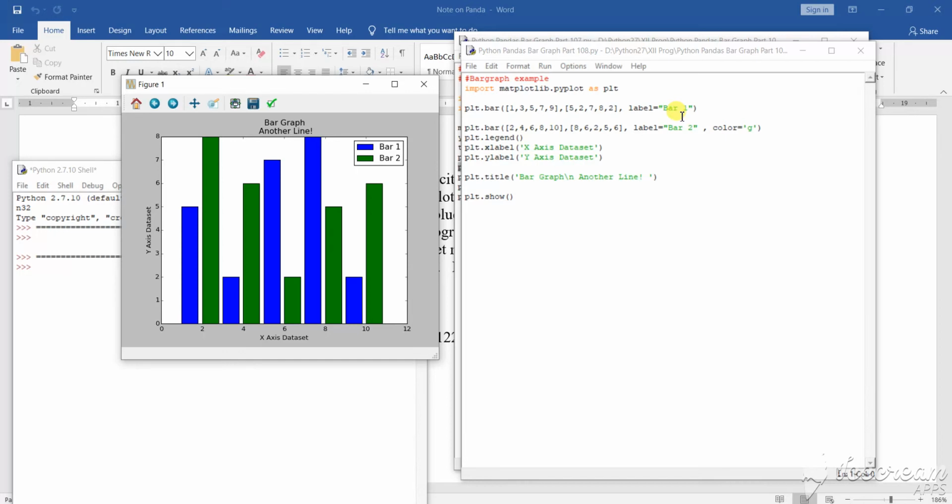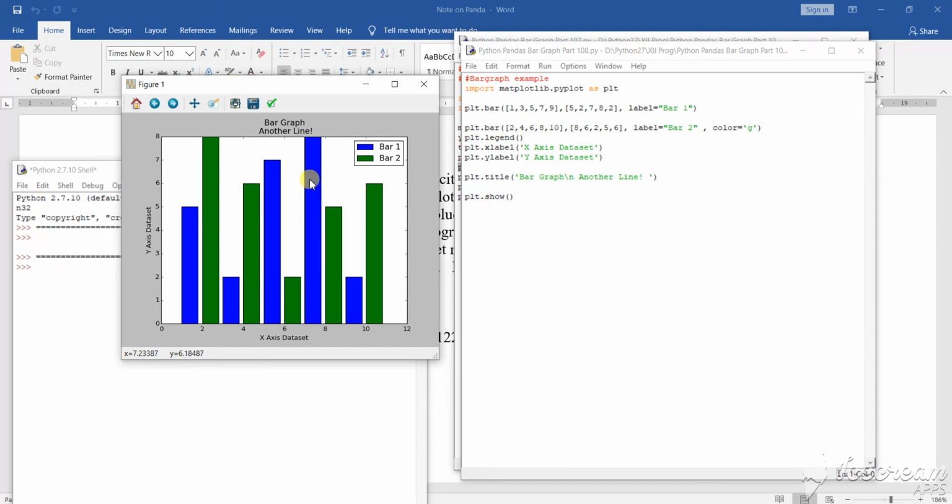So different types of labeling and this legend making I have shown you, and I am showing you also. You must remember all these things, and you must practice them very nicely. The second way of declaration: you see another group of series, two groups of series, and I have named it bar 2. Now the color: here I haven't specified any color, but here I have specified the color as g. That means by default it is going to take blue, as I have said in my earlier videos also.